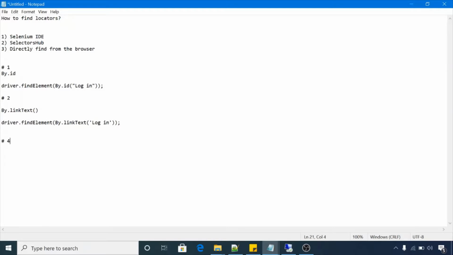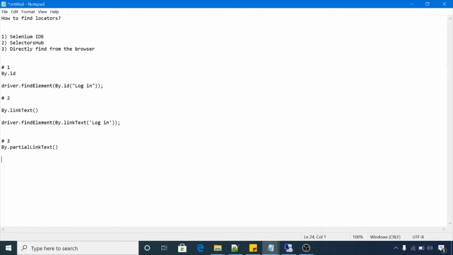And the third locator strategy is By.partialLinkText. This locator is used to find the element. Let's suppose you have one login link on your page and you don't remember the full link name. Instead of the complete login, I just pass log.